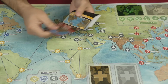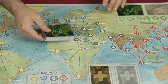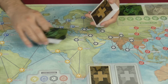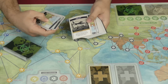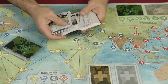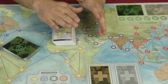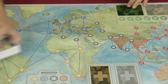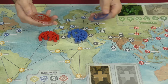You've got these, which, again, are very well done. Good layout on them, and these are extremely high quality cards. That's one thing I will say: the card quality in the game is superb. It really is. And then we've got these, again with a new look. The action cards have a new look themselves. Very sharp. The printing on it is very well done. And then our Epidemic cards back here. So, to reiterate, the quality of the cards is superb. Really fantastic job there. We've got over here the cubes that are going to be the disease cubes,